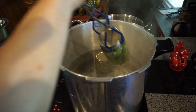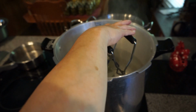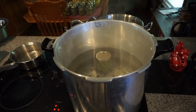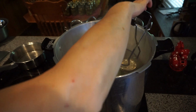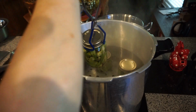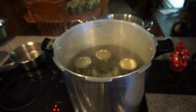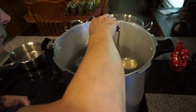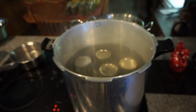I'm just setting them evenly across, but you'll want to make sure that all of your jars are at least an inch underwater. An inch and a half really is what they recommend. And then I just put them all around so that they are not touching, and I can continue to heat the water to boiling, and I'm going to cover it. But after I heat the water to boiling,